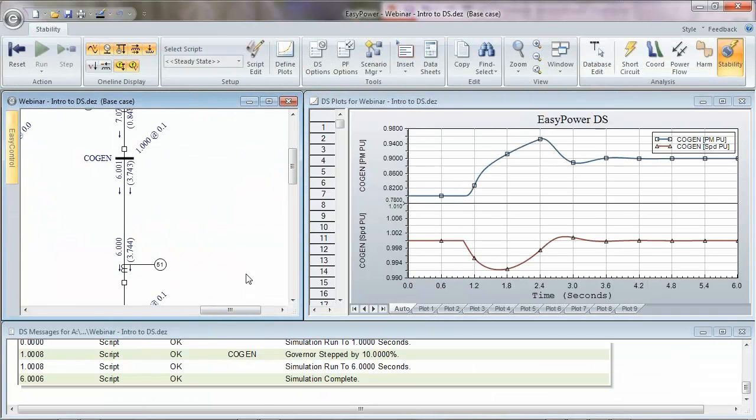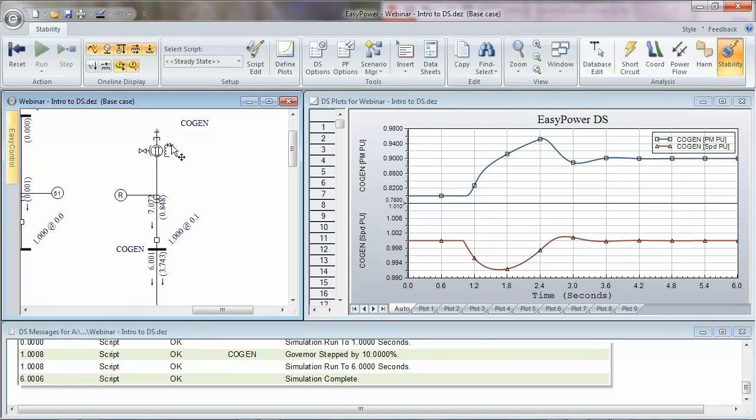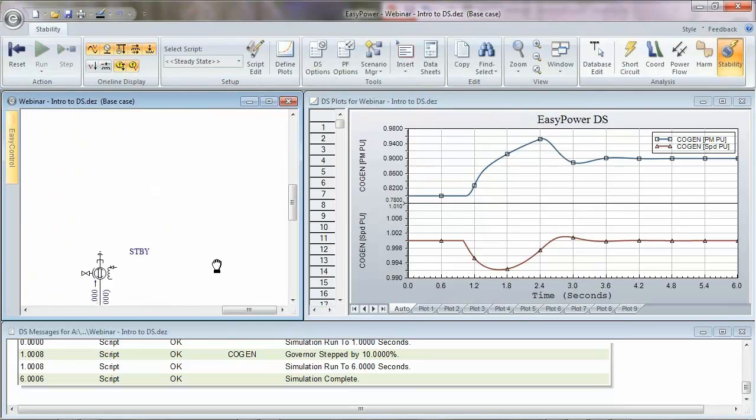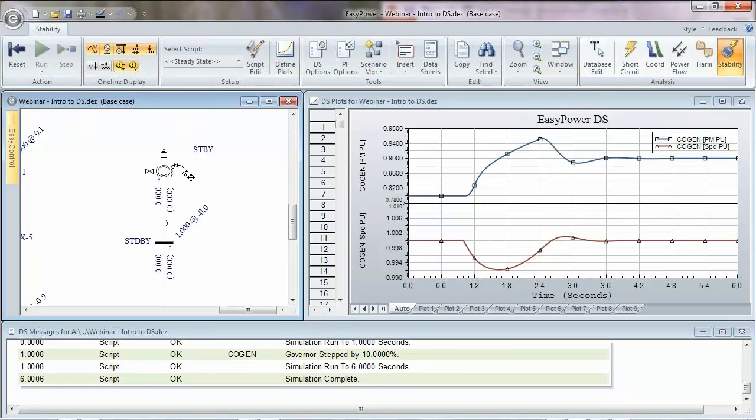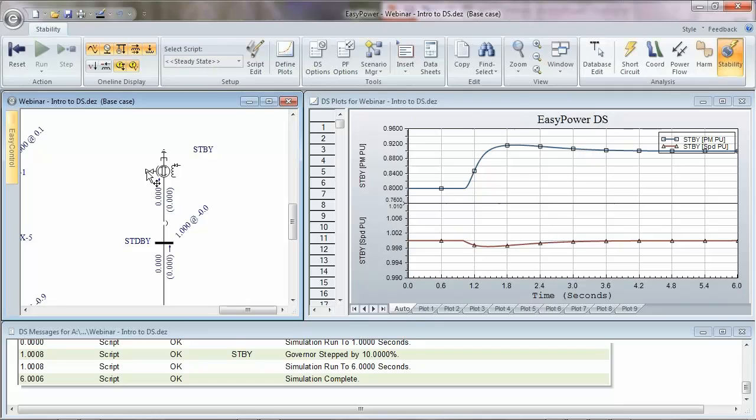We can do the same thing down here. By the way, all I did was double click on the symbol. So I double clicked on this and I double clicked on that to check my data with open circuit step tests. I can do that on my standby generator. Oh, we got a really snappy AVR response here, which most cogenerators and backup generators do. And we see the governor response. This one's isochronous. This one's not a droop. This is in droop mode. So in this one, the frequency dips and comes back to 60 hertz. Whereas in the other one,